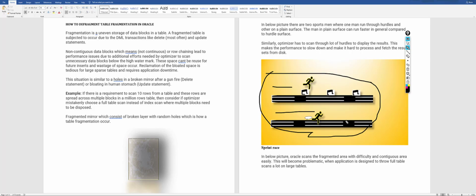We don't need to think in an advanced way or complicate things, right? So the person who is running on the flat surface will complete the race first, if we think in a logical way. Why? Because the person who is running on a